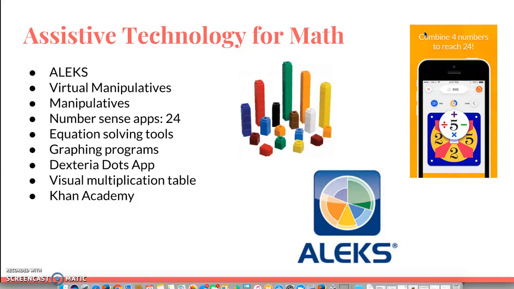For math, I focused on a lot of different number sense tools. ALEKS is a tool that can help build in with the gaps from maybe foundational years that were not strong for students in math, and so it's a program that can provide that. Also, manipulatives, both virtual and the good old cubes like you see in the picture here, and other math manipulatives